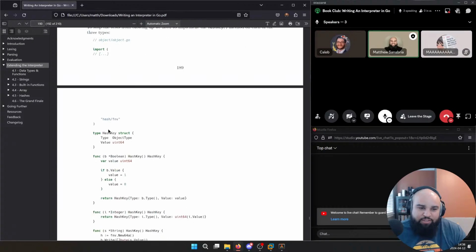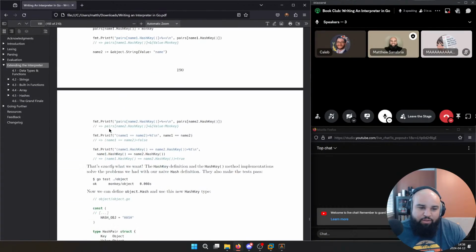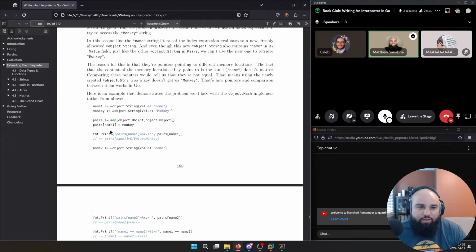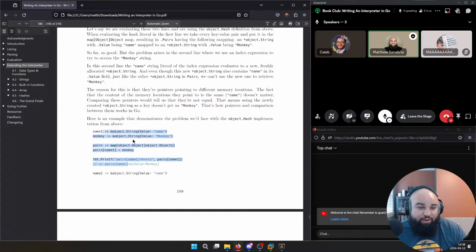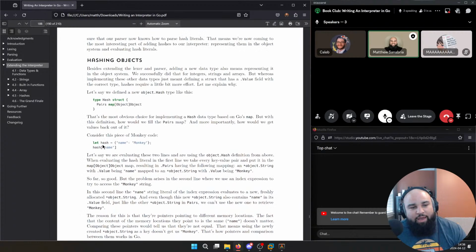I think he has a better test case down here. I thought he did. Or up here. I know it was in the book. One second. Yeah, right here. I think this test case explained it better than the test case down here, personally. If you had a hash map and the key is name and the value is monkey, and you accessed a literal key name, how do you know that this name and this name are the same? You would never know, right? Even though they're the same string, when you've parsed this, this will be a string literal and this will be an expression essentially. So how do we know that these two keys are the same?